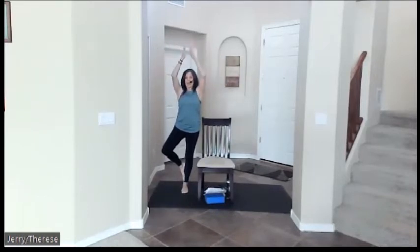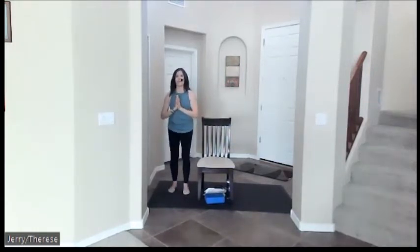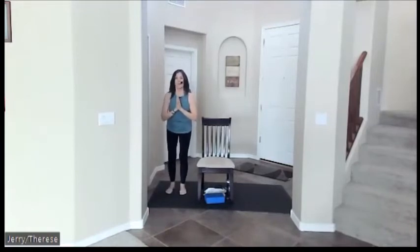Hands can come back to center. We can take that knee forward and then maybe straightening out that leg, and floating that foot to the floor. Ooh, nice job. Now we'll go ahead and we're going to bend the knees, put the hands on the kneecaps,